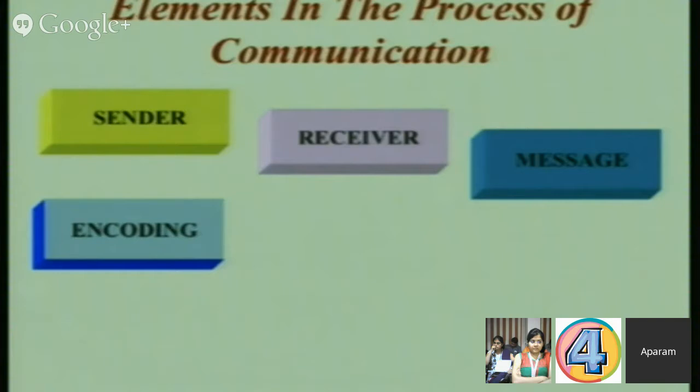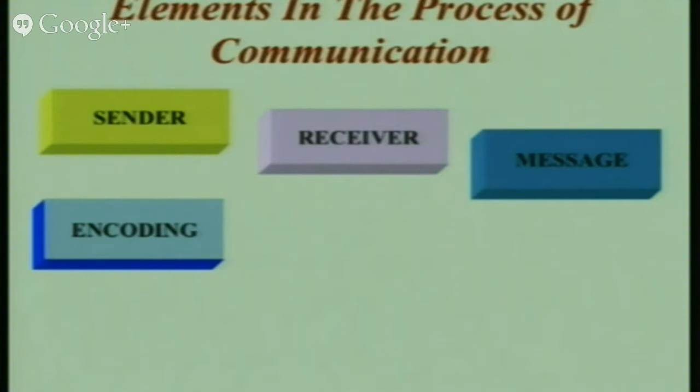A process of encoding is involved in the process of communication. Anybody who would like to say what is encoding? People from electronics might be familiar with this word encoding. Encoding is the process in which you are getting the information from that particular code word. The person is giving a code word and you are getting the information from that. You are converting whatever you have inside, using words to express that and using body language to express that.